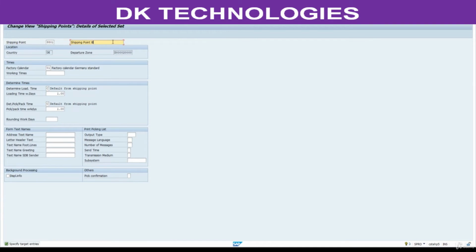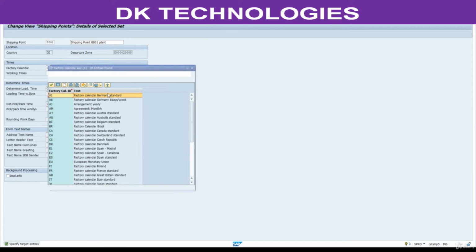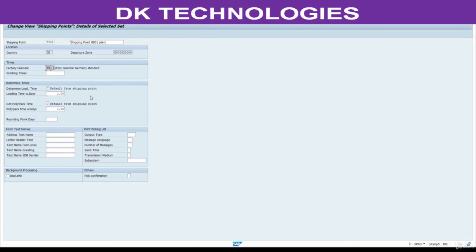Shipping point 8801 plant. Select factory calendar based on your requirement. If you already defined any factory calendar for this one, you can select the same. Here I am selecting 01. So right now this is DE.